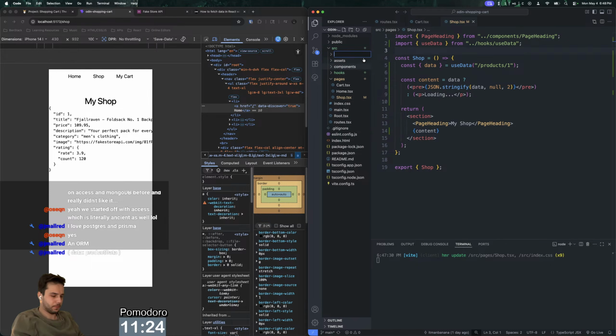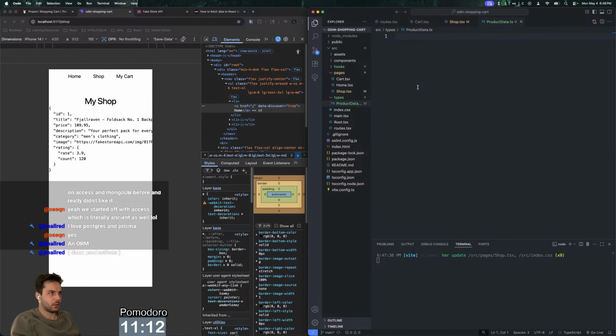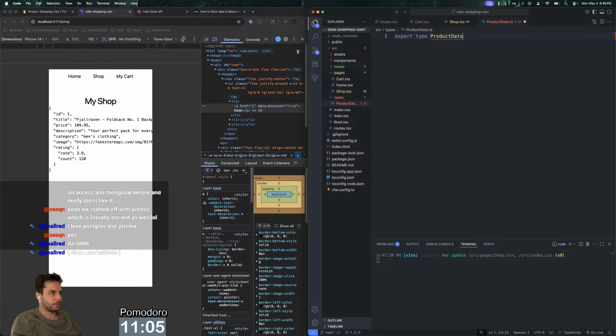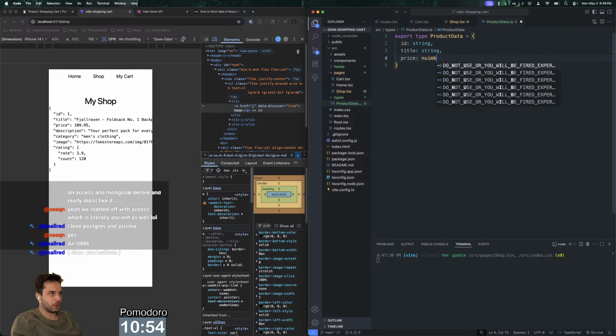types folder, right? And then a new file inside of here as productData.ts. Or I can even call it, yeah, I could just do export type ProductData, and then we can do this. We can do id, string, title, string, price, number,